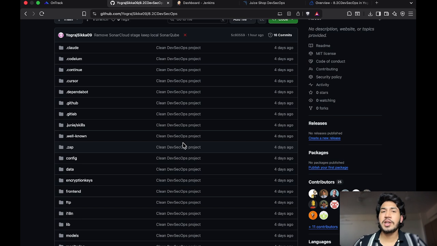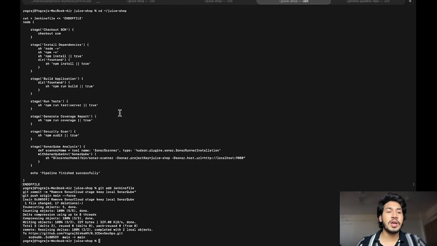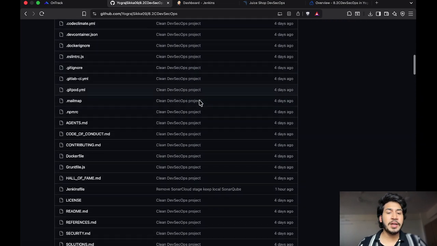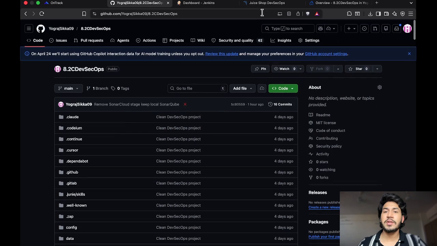OWASP stands for the Open Web Application Security Project, which is specifically for testing, education, and demonstration purposes like this. I am using it for that purpose. It contains real security flaws like SQL injection, cross-site scripting, etc. This suits me best to demonstrate this DevSecOps pipeline, so I chose it. As you can see, I also accessed my terminal, and here I accessed the Juice Shop, and then it will be shown on my GitHub repository as well. Now let's open my Jenkins and check whether it is working or not.